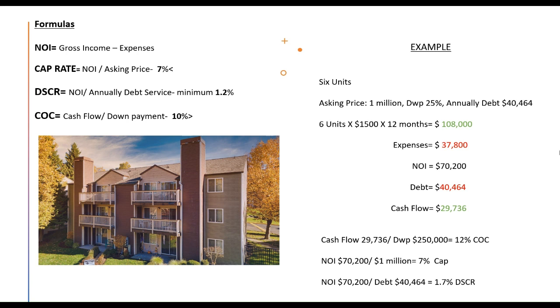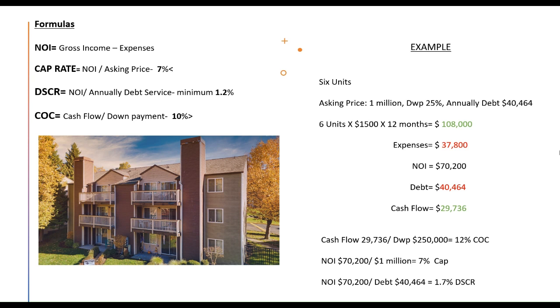The 6 units times 1,500, which is the amount that each tenant in the property is paying, times 12 months. 12 months is because we always do these calculations annually. Okay, so the total will be $108,000 minus expenses. That will be our NOI,